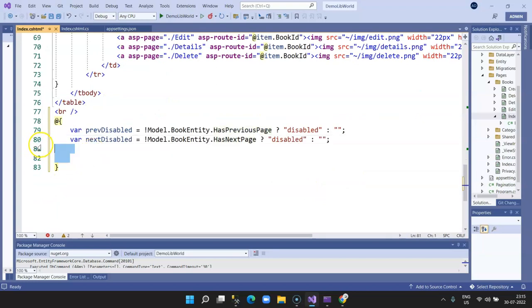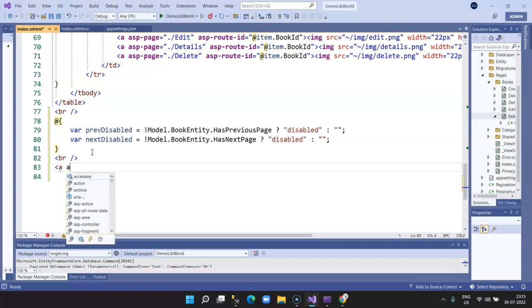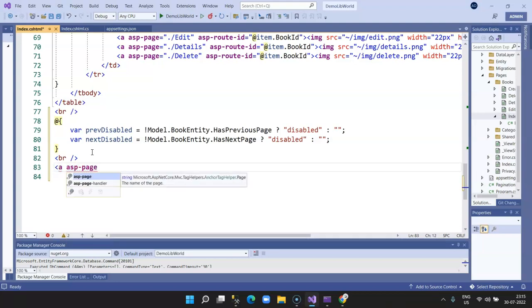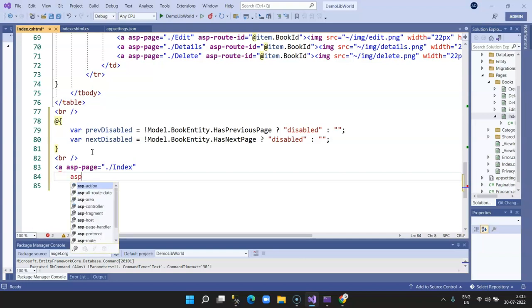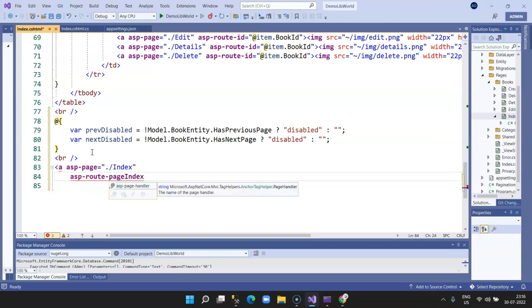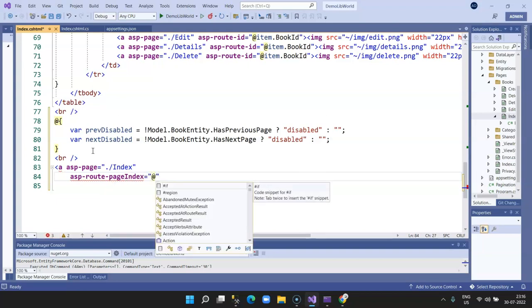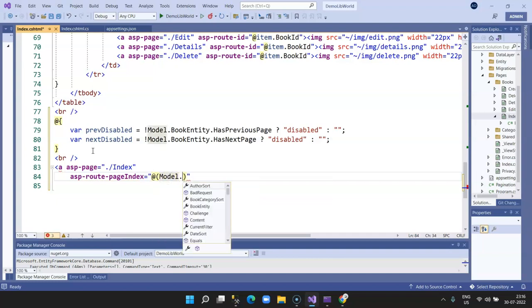So this is one variable which we will use, and then we create a br tag, and then we create an asp page custom f1 index, ASP dot route dot page index, model dot book entity